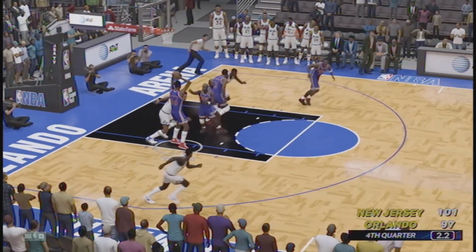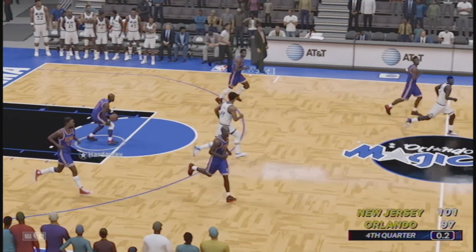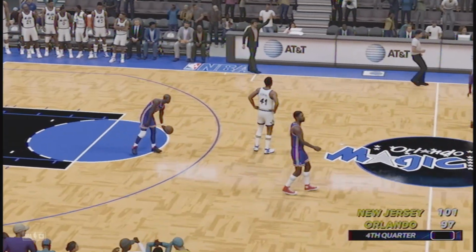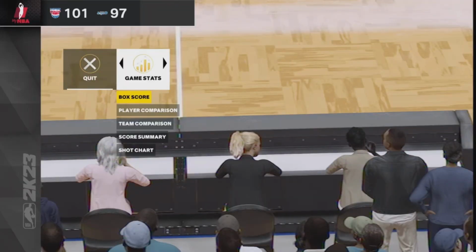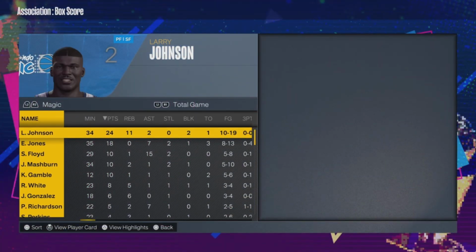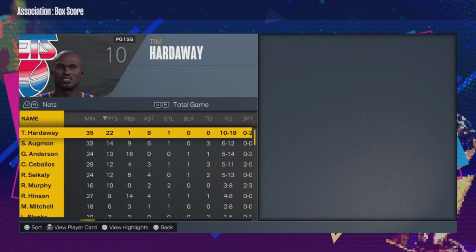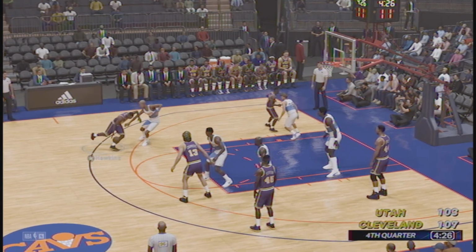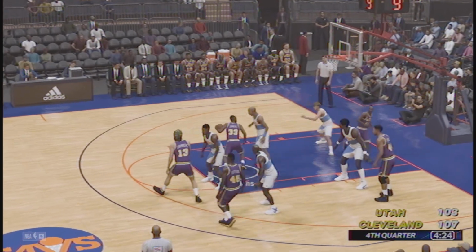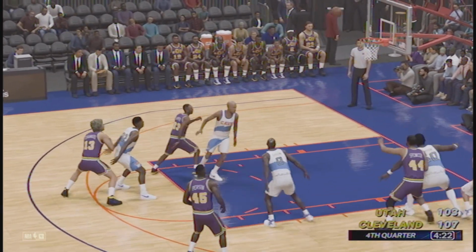Mashburn for 3, that's a miss. But you know, one day Mashburn is going to make those. Okay, so don't give up, Magic. You guys are finally sort of on the right track. Meanwhile, the Nets had a good win here to try to stay in the playoff race. We're going to see the standings at some point. Maybe I just wait till the end of the season and keep you guessing.